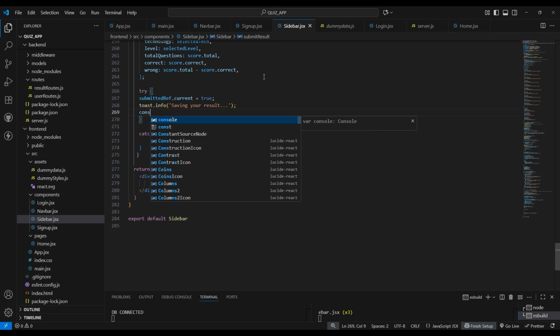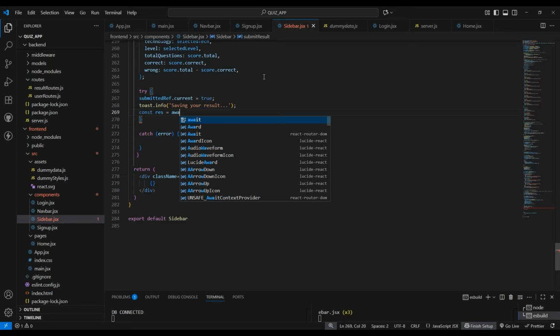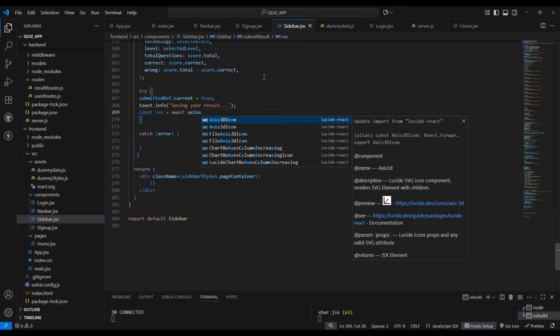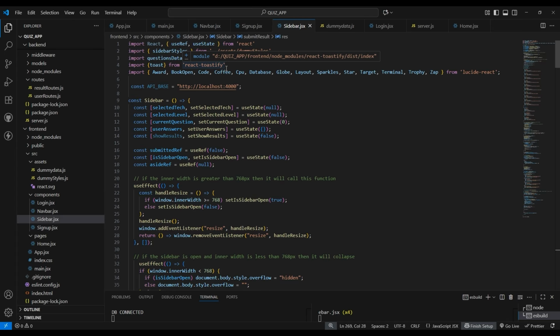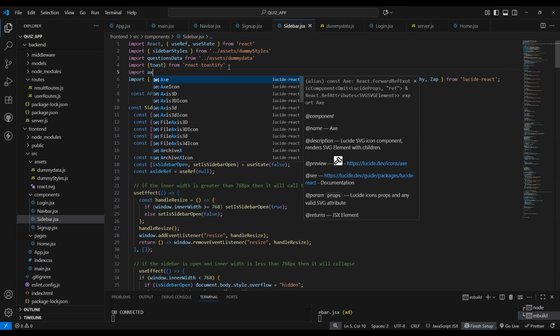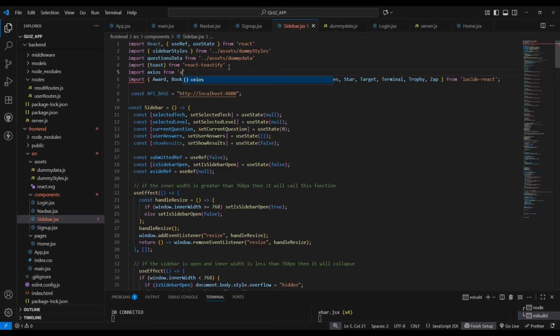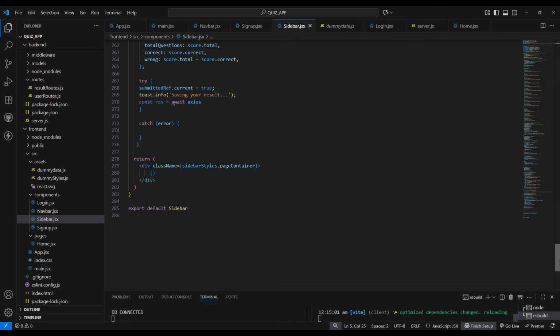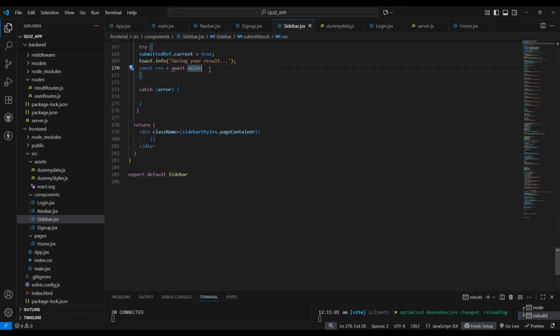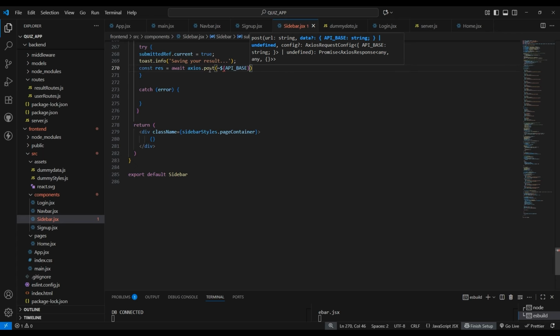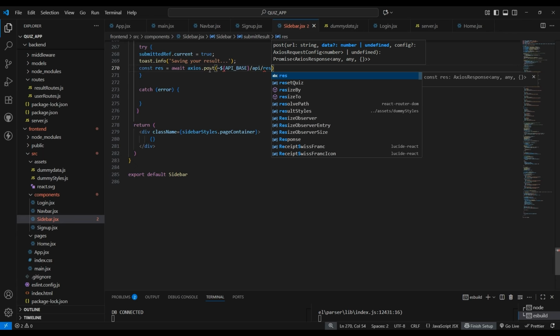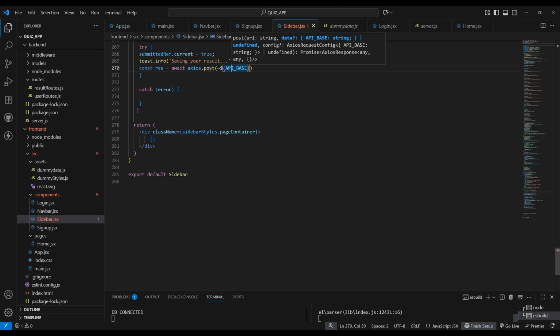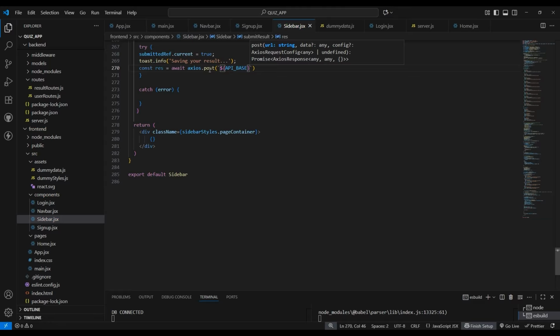Then after this type here const response is equal to await keyword axios, and first let's import our axios. So type here import axios from axios package. Now after this type here axios dot post method, as it will be our creation method and it will be done on our route. Let me just correct it. We need this backtick, not this. So add a backtick here and type here slash API slash results